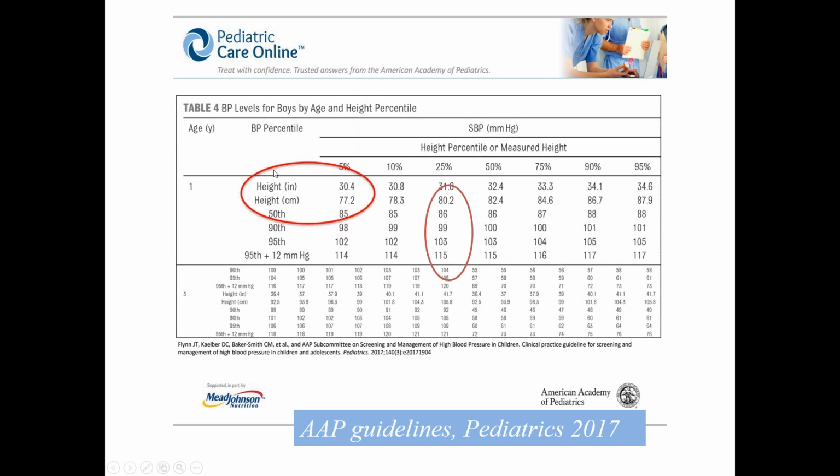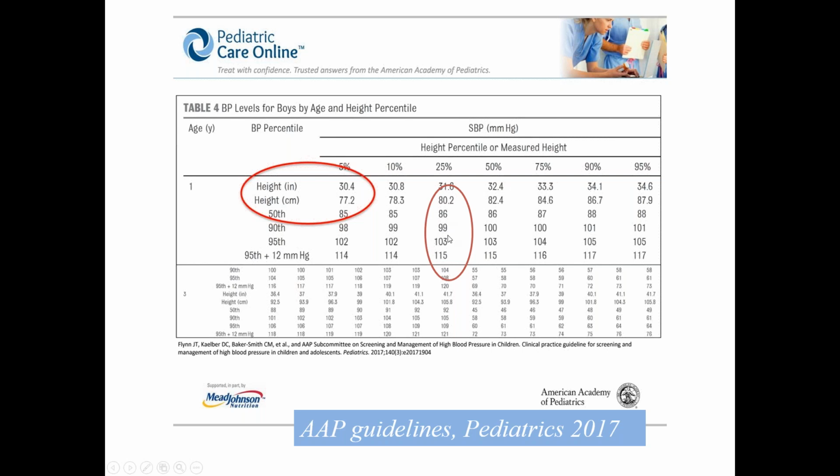And these are some of the simple charts. Now these are the charts that we are using now for diagnosing hypertension in children. Let's take an example. If it's a 1-year-old child, and this is for boys, so this is a 1-year-old boy, and if his height is around 80.5 centimeters, 80.2 centimeters, then your 50th centile for systolic BP is 86, the 90th centile is 99,